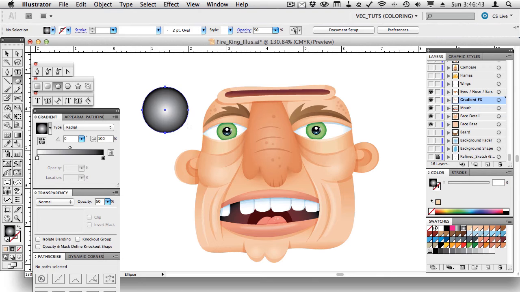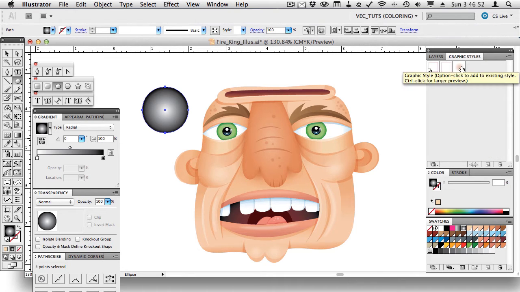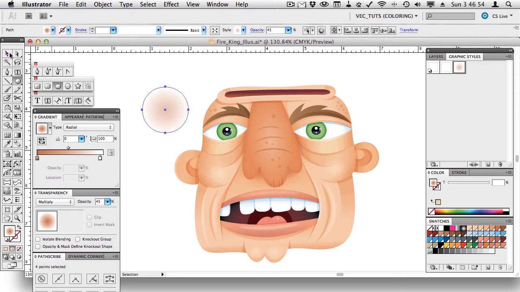So we're going to create just a basic gradient. Now I've gone ahead, like a good chef with a cooking program, and pre-baked my graphic style. So this sets my gradient the way I want it: the color blending to white,